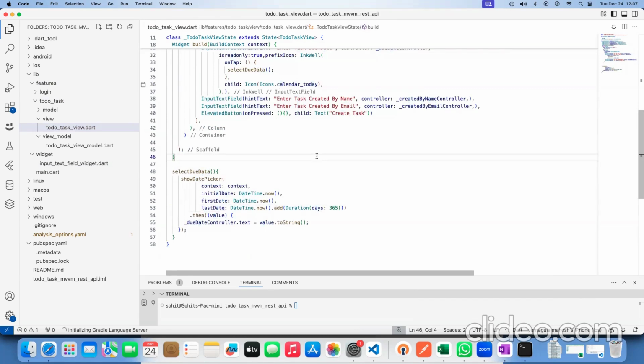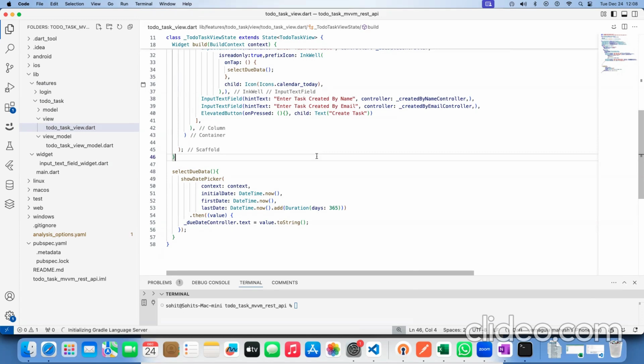Now observe this one. The initial date is the date that starts from today. So keep in mind, this is very important. If you want to book an appointment for the doctor, the slot is available from the current date to upcoming dates, sorry, future dates. Today's date to future dates, we can select only that slot. If you want to book a ticket also, it's showing from today's date onward. That's the one point. That's why we are passing the initial date as the current date,